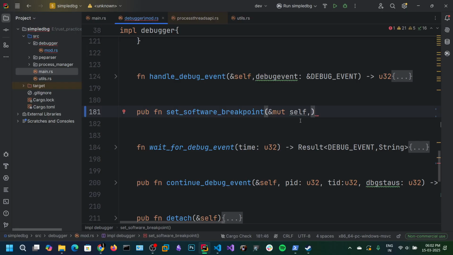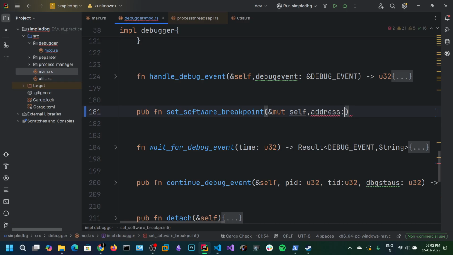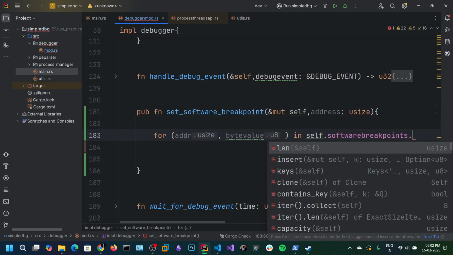Now we are going to take an address, usize. First of all, we need to check whether the address is already in our software breakpoints hash map or not. If it is present, then that means the software breakpoint is already present. We need not set it any further. So for addr and byte value in self.software_breakpoints.iter,